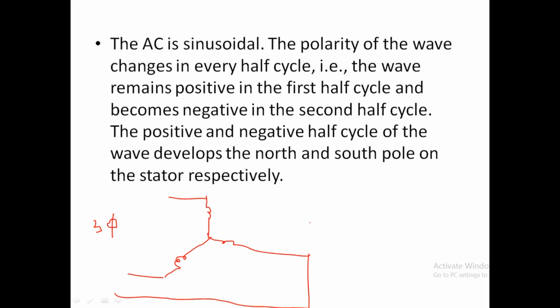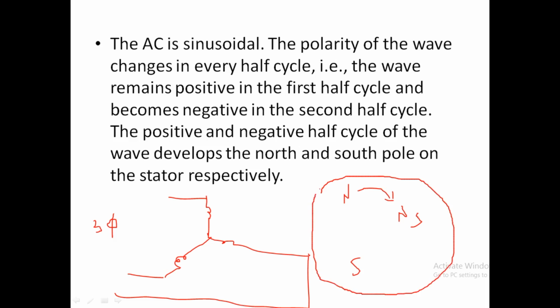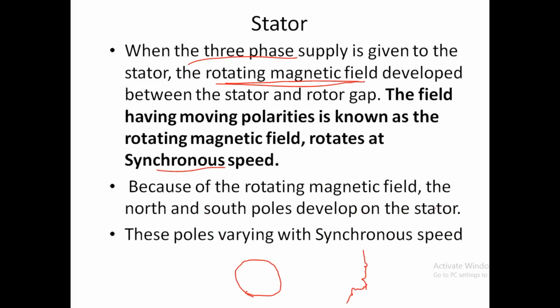So if both are satisfied, we know that a north and south pole form in the stator; more than one pair may also be formed. But these poles will rotate with a speed, not the stator structure, but the poles are rotating. So if this is the stator structure, now these poles are rotating with a speed ns. So there is a variation in the stator field with a synchronous speed. Because of the rotating magnetic field, north and south poles developed in the stator are varying with the synchronous